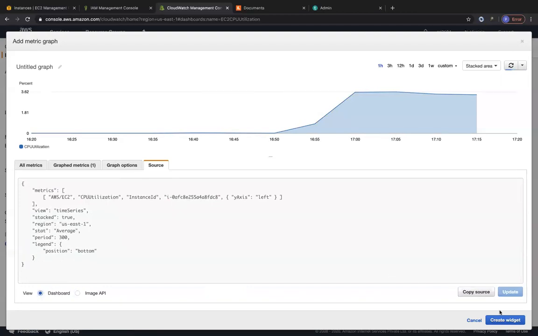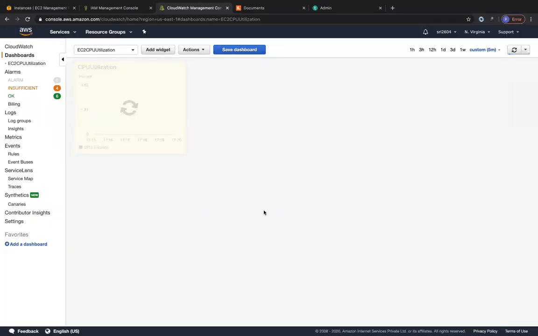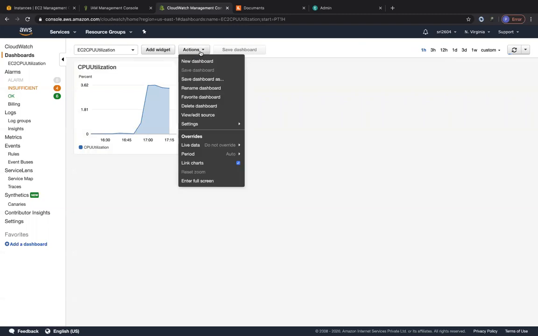So let's just go ahead and click on create widget right now. And you can see we have the widget over here. So this is again based on every custom 5 minutes, but then I'm going to change it to 1 hour. So you can see the widget over here. Now you can see we can go ahead and save the dashboard. Right? You can go ahead and add any more widgets that you would like,